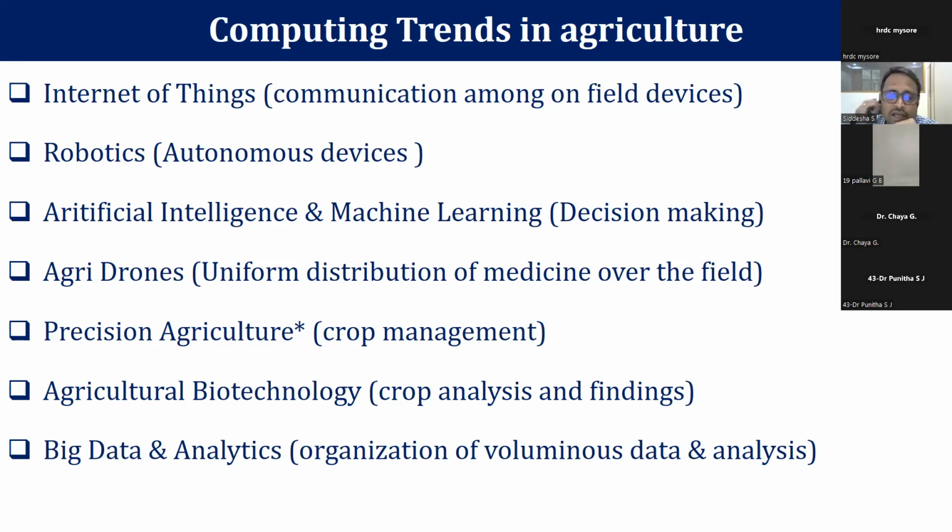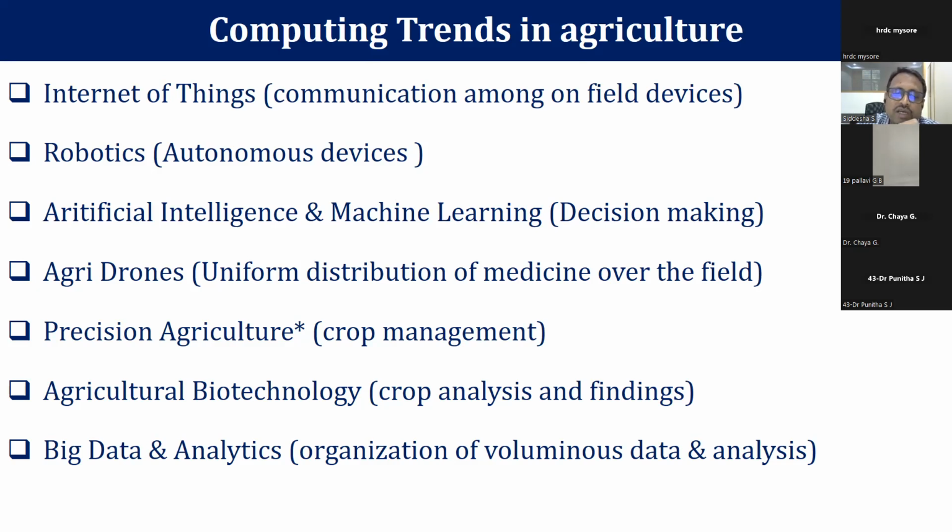And the next one is big data and analytics. In Internet of Things, robotics and other things, these devices are collecting huge data. How do we manage this huge data? Earlier, this data was maintained using high performance computing and high performance storage devices. But now with the advancement in storage technology and cloud computing, that is in the picture. We can directly connect the devices and whatever data there is can be put directly into the cloud. And if we put it into the cloud, we can collect the data from anywhere, anytime through the cloud.